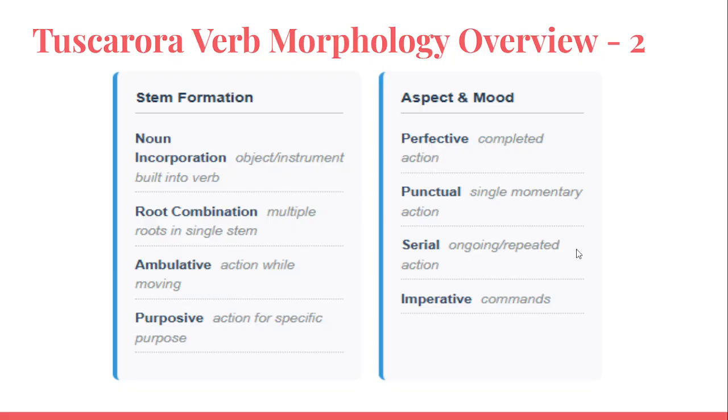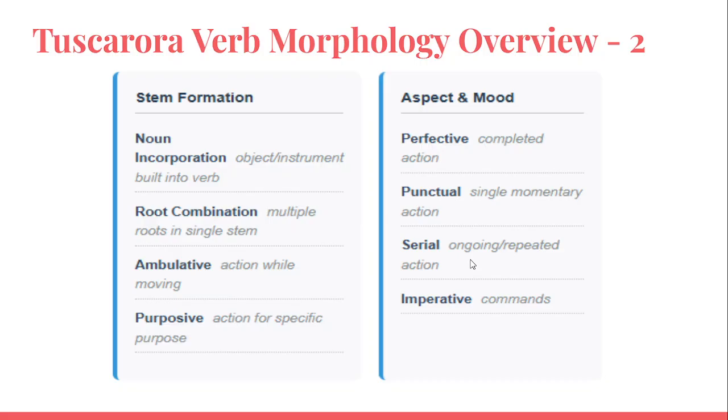And then you have aspect and mood. So this right here is required. If you're in a verb, yes, it's required all the time. So perfective is like a completed action. You might think of nie sovremia ni vrimia in Russian, where the perfective is like an action that you do one time, it's done, a one and done deal, essentially. And then the punctual is something that happens in a fleeting moment, right? And then it's done. It's a little bit faster than perfective, but it's finished.